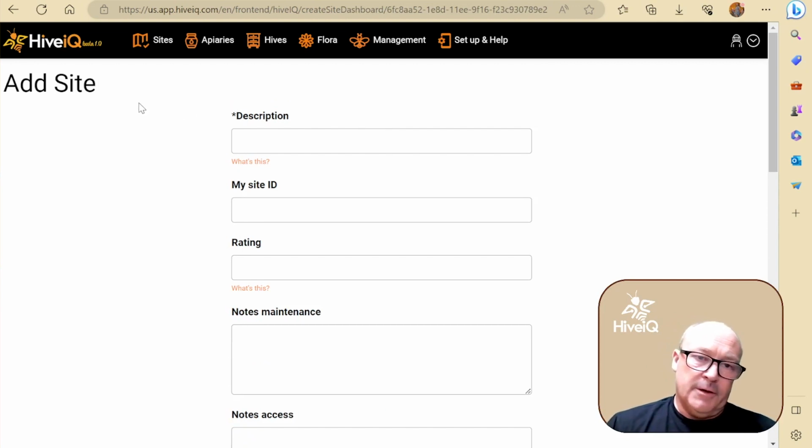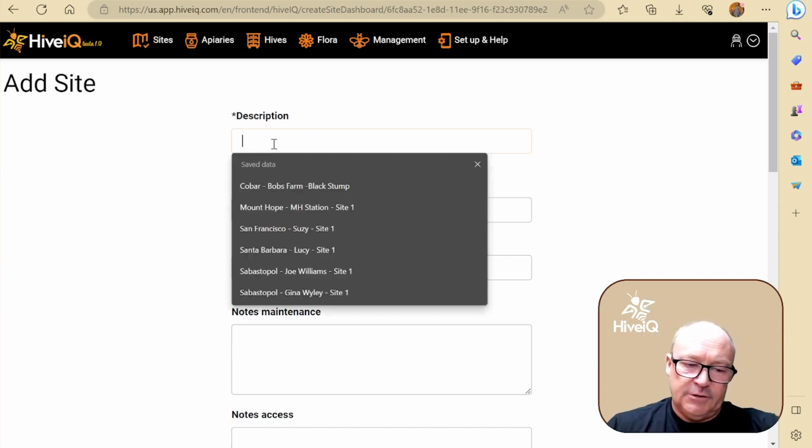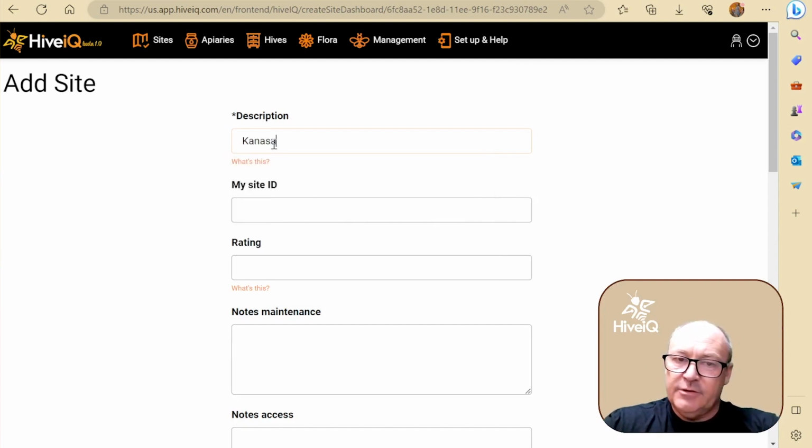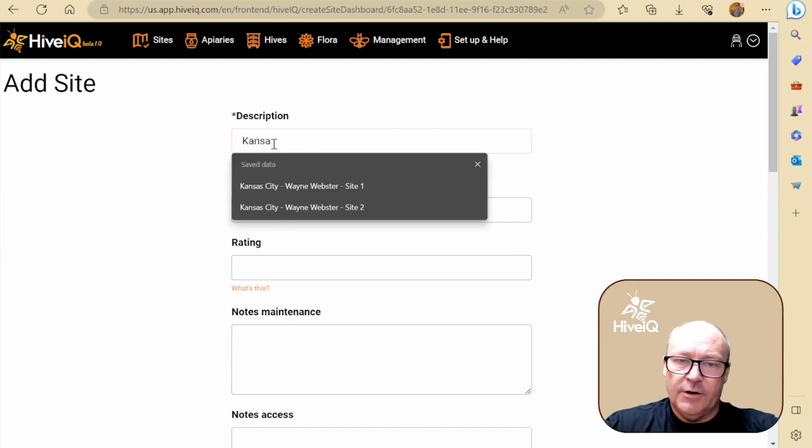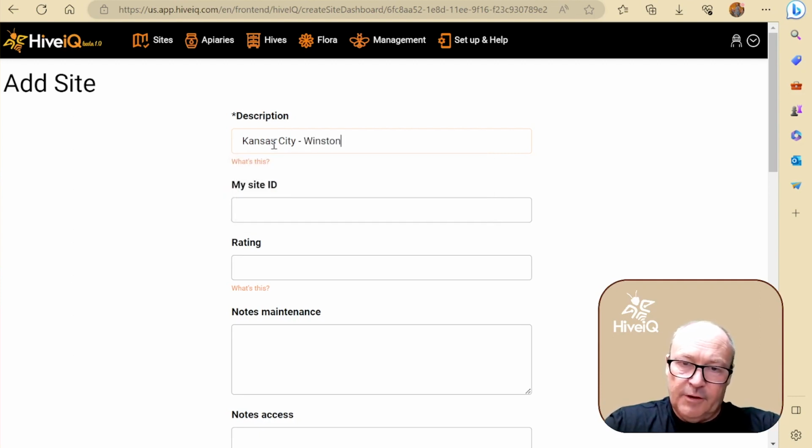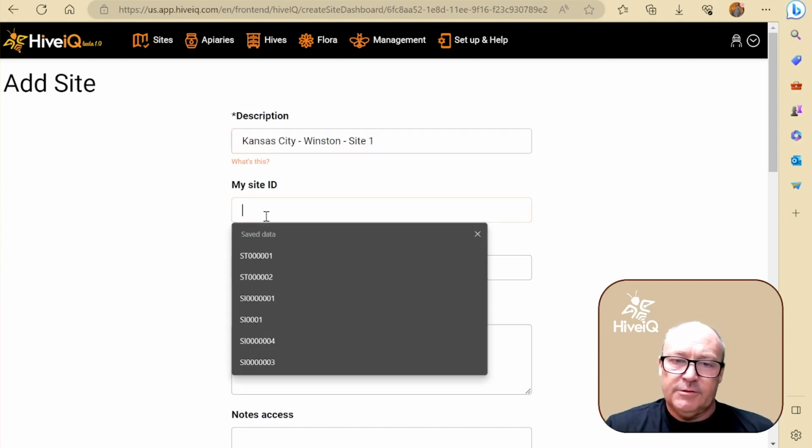Now we've got a property owner, so now we can add the site. And I like to use a naming convention, but you can come up with your own. The way I do it for my business is I start with the nearest jurisdiction, like zip code, postcode, the name of that, and then I put the property owner's name, or if the property itself has a name, for example, a ranch, Bill's Ranch or whatever, then I would use that, and then I put just a numbering convention, site 1, keep it simple,